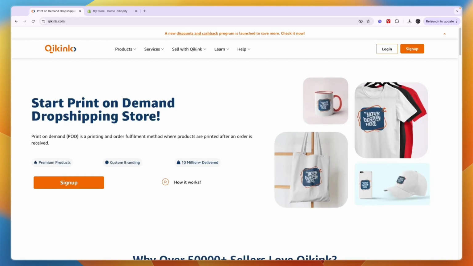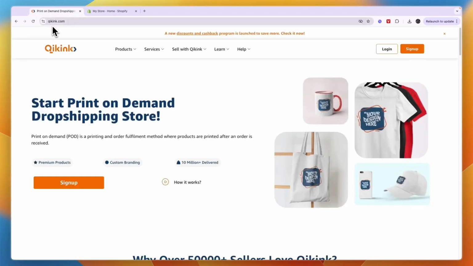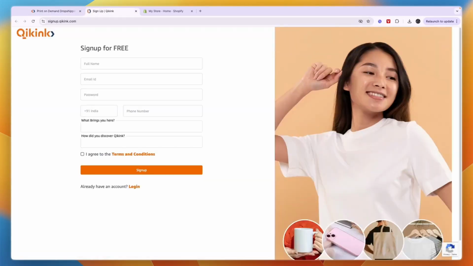In this video, I will show you how to use Qikink with Shopify. So to get started, just go to qikink.com and click sign up. Qikink is a print-on-demand dropshipping app that you can use with Shopify, but to sign up, just enter these